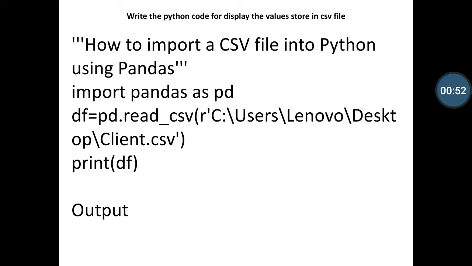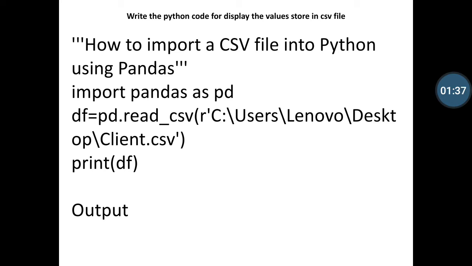Then I describe here how to write the Python code to display the values stored in the CSV file. So I have quoted a message here: how to import a CSV file into Python using pandas. Students, I am using pandas to convert the Excel file into a CSV file. First of all, I import pandas as pd. Then I define df as a data frame is equal to